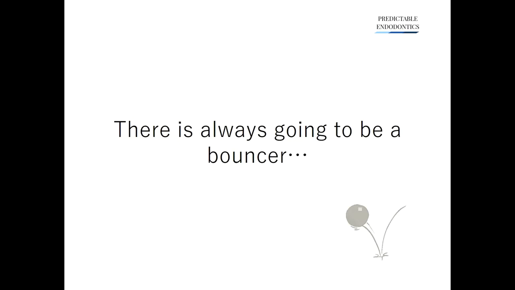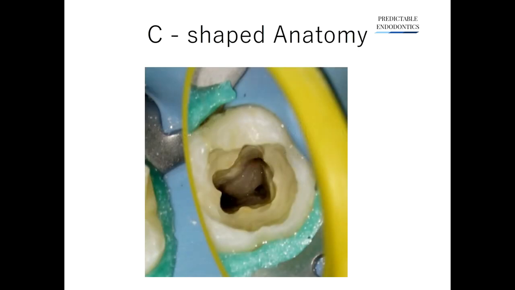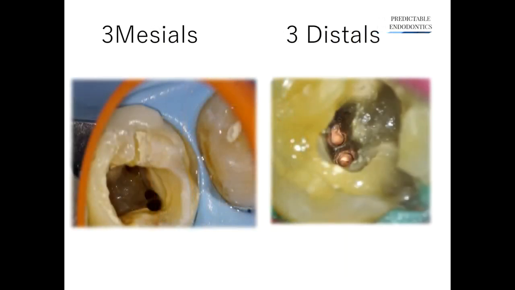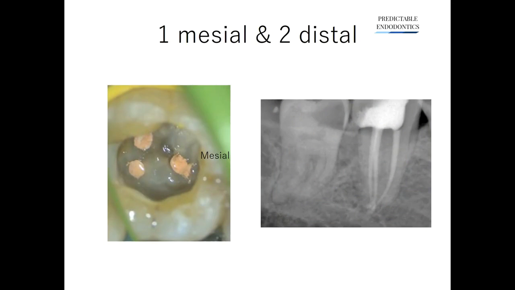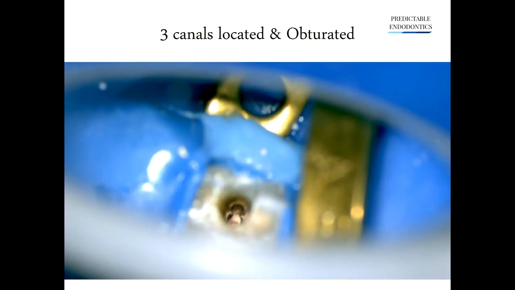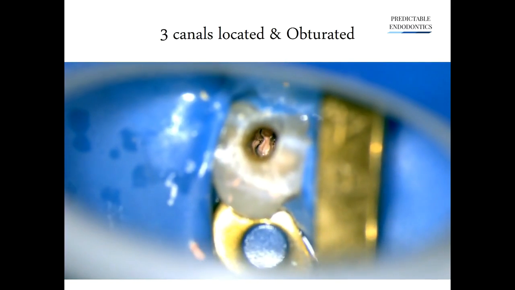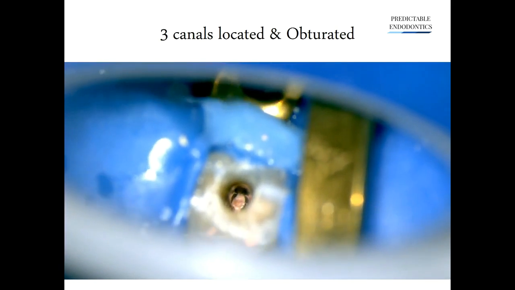In addition to all this, you will also come across a few cases, but a little less frequently, which is going to be extremely hard to handle for a beginner. For example, the C-shaped anatomy is definitely going to be a very hard situation to handle. The 3 mesials, the 3 distal anatomy as well. The 1 mesial and the 2 distal, which is an absolutely reversed anatomy, you will come across cases like this as well. The lower incisors can come in a 1, 2 and a 3 canal anatomy also.